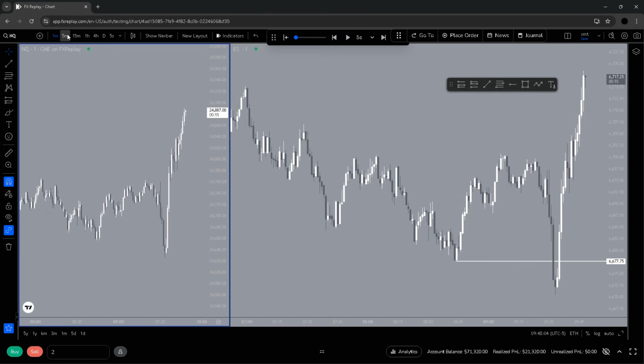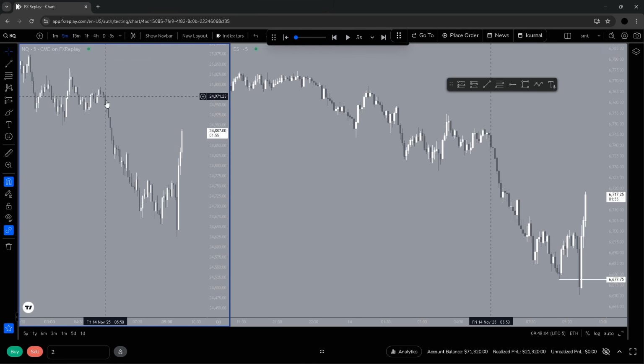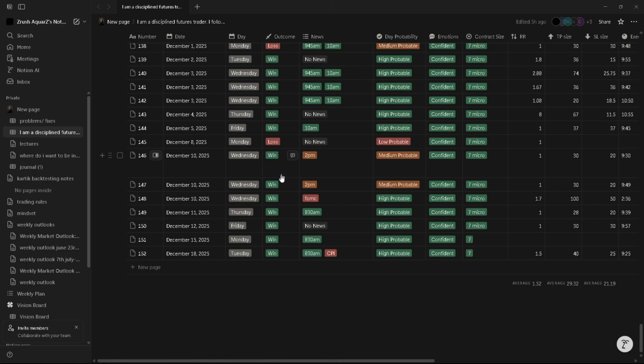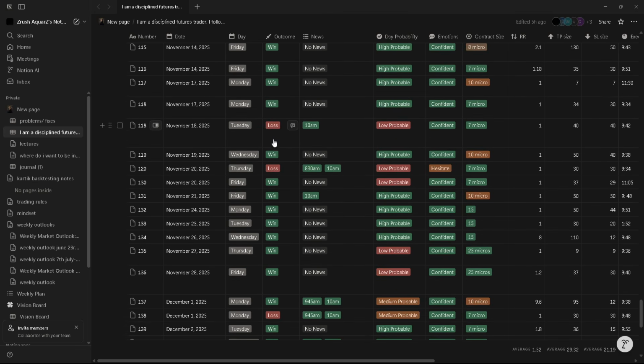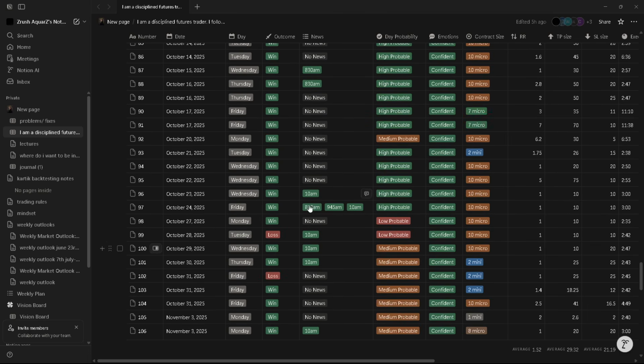However, there's still things that you can always be working on. So always stay humble, guys. We're not that good. The chart's just quite easy to read due to experience. However, emotions can still catch you out. Any of the losses that we take are due to emotions. So a loss here, a loss here, a loss here, a loss here. I do take losses, guys. It does happen. There's 2 losses here.